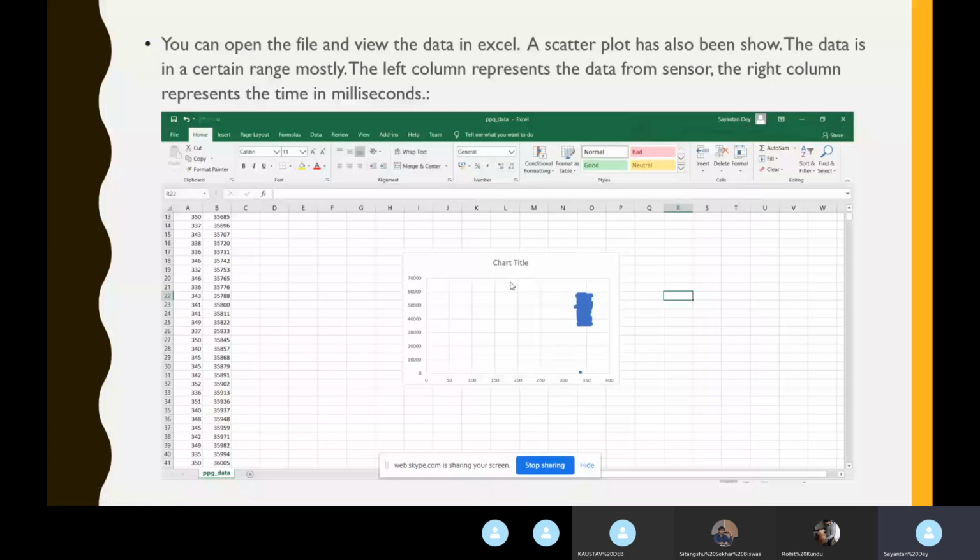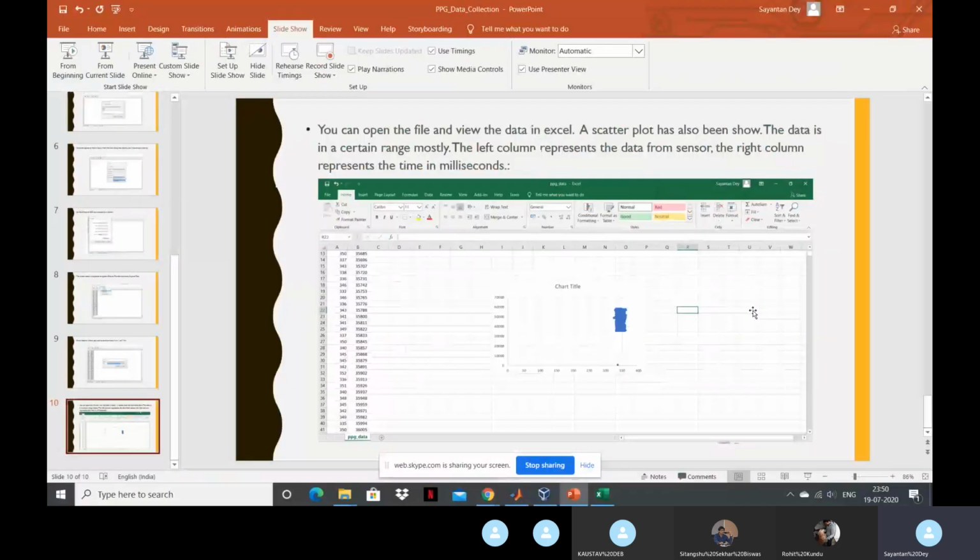In this case, the data that I gathered is mostly ranging from 330 to 360 around. So that's basically the consistent data that I got. Some ups and downs have occurred. The initial value has been very low, but it's not important here because it's just a small discrepancy. Yeah. So that's that.